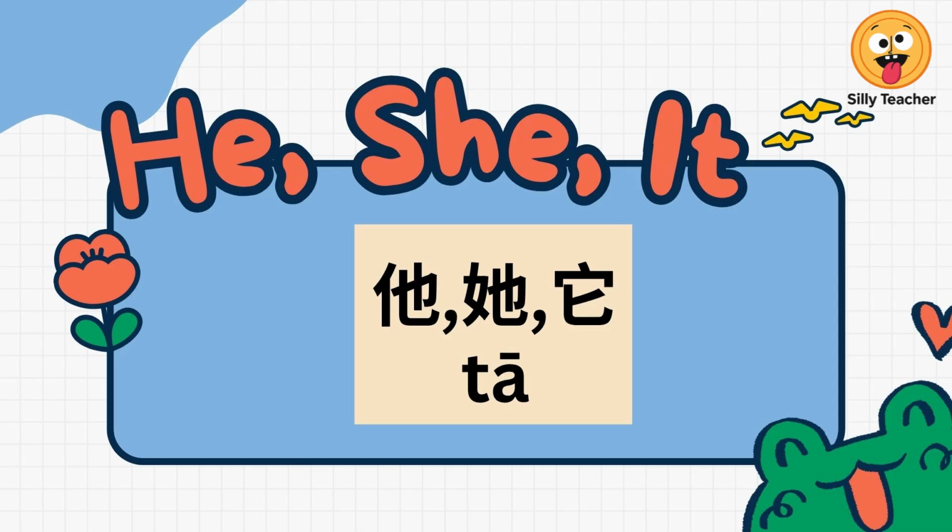Now, notice that he, she, and it are all pronounced exactly the same in Mandarin. The difference is only in the written character. Hence, you can see here there are three different characters in Mandarin, which indicates he, she, and it. However, when you say it, you just say